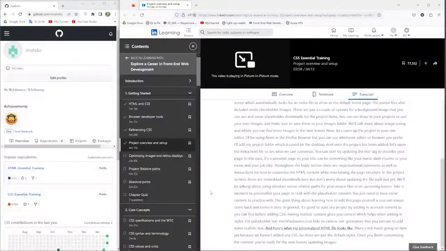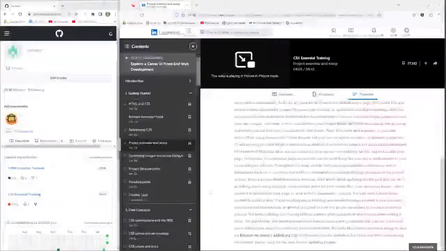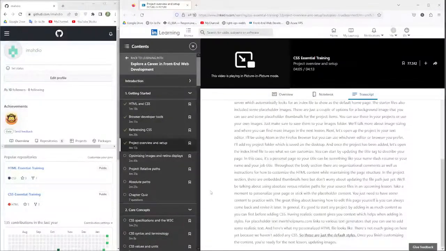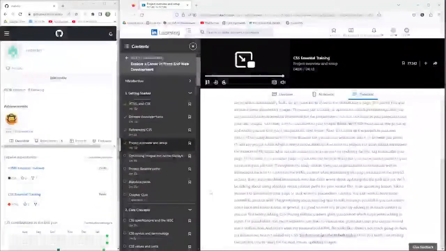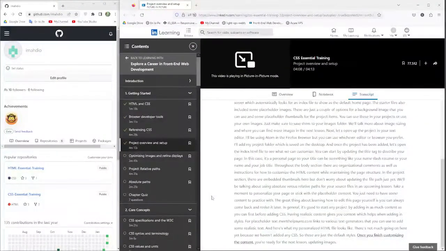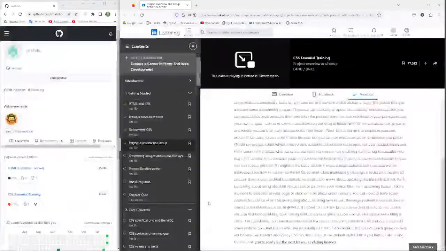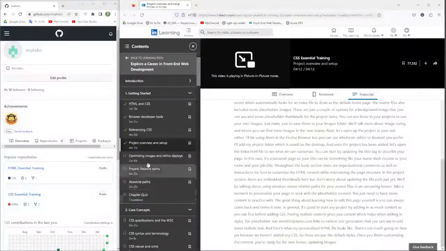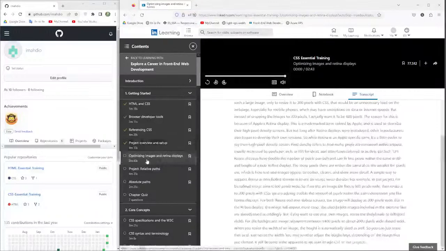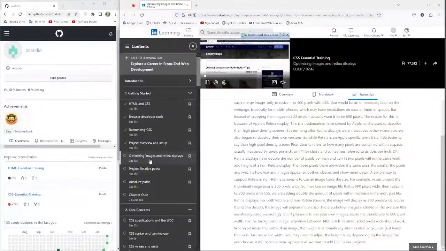And here's what my personalized HTML file looks like. There's not much going on here yet because we haven't added any CSS. So these are just the default styles. Once you finish customizing the content, you're ready for the next lesson, updating images. When using images within